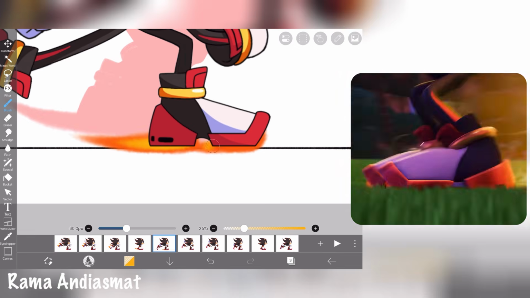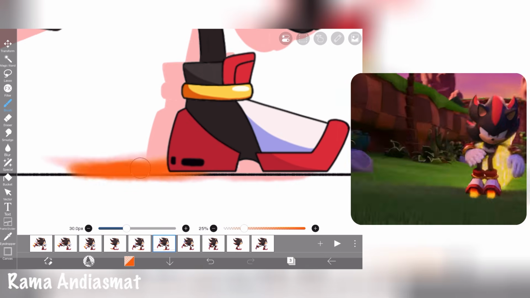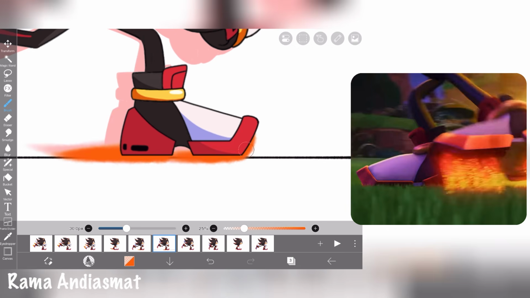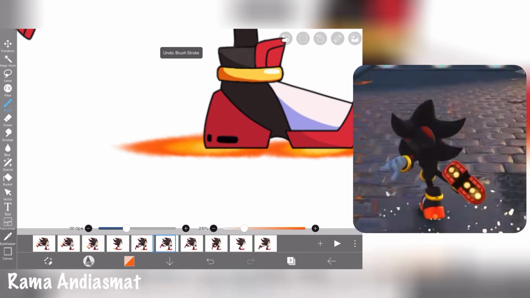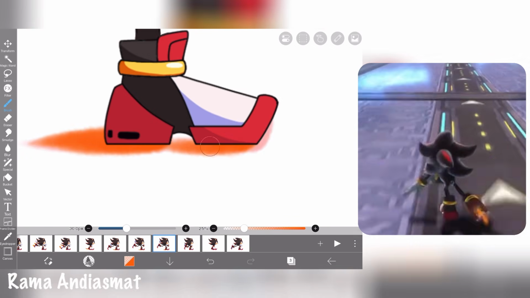Instead of pushing off the ground with his legs, Shadow's shoes generate thrust directly. That's why he doesn't run like Sonic. He skates. And the fire spark trail energy you see under his shoes? That's the propulsion exhaust. It's literally the shoes burning off energy as they stabilize his speed and let him glide